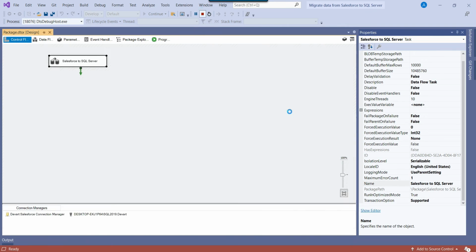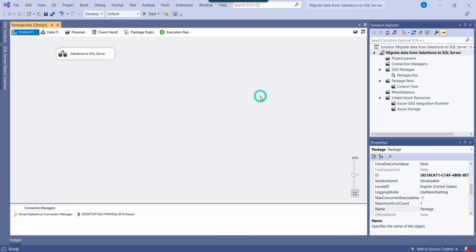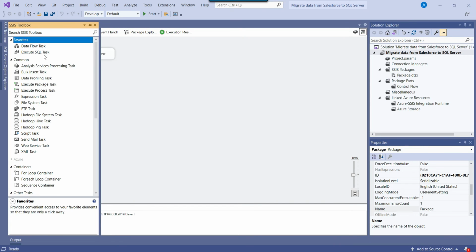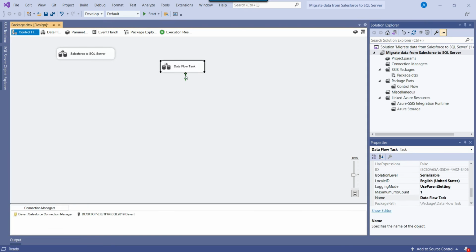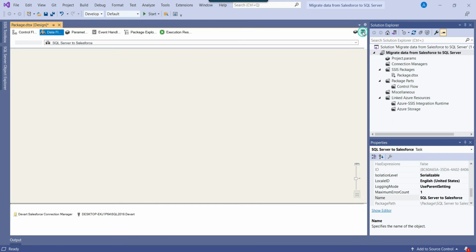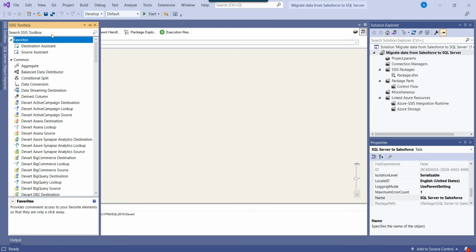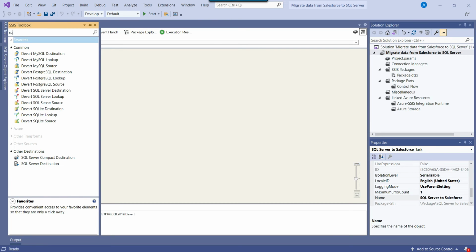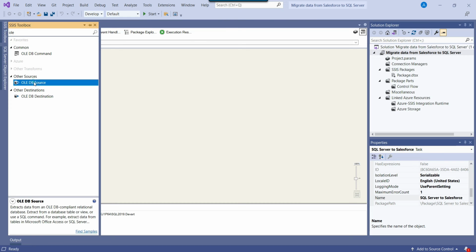Now this time we will try to migrate data from SQL Server to Salesforce, okay. So let me drag and drop another data flow task. Okay, and now I will call this particular data flow task as SQL Server to Salesforce. Okay, and now I will click on the data flow task, and this time our source will be the SQL Server. So I can type OLEDB here, and we can use the OLEDB source to fetch the data from the